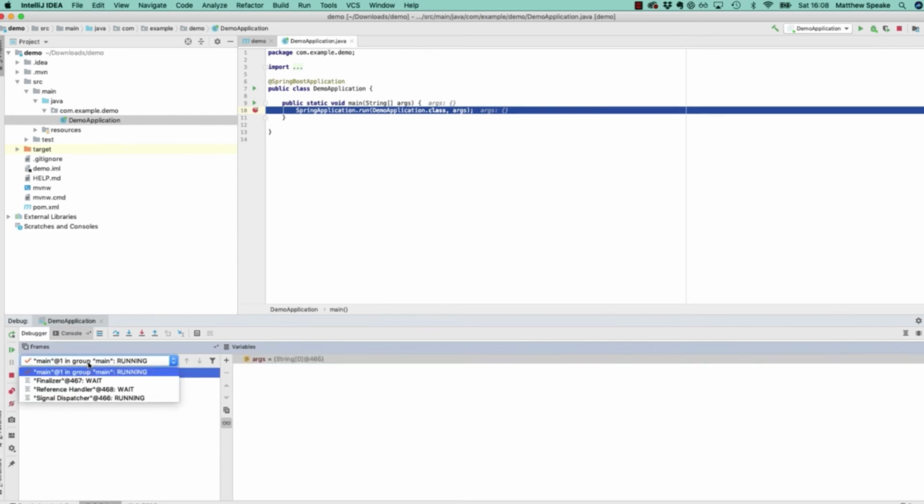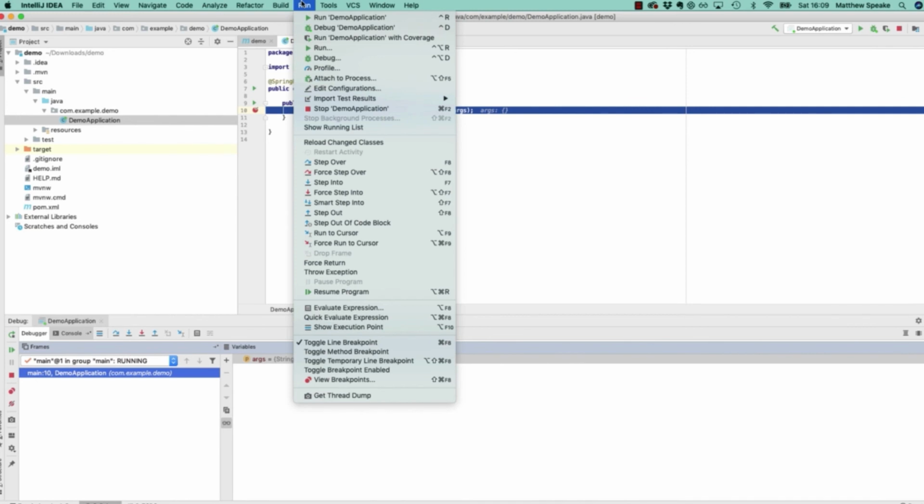And we can also see as well the threads used in the application. So here we've just effectively got one thread, which is of consequence to us, which is the main thread. So things you can do once you're at a breakpoint, you can either step into code. So for example, if I hit F7 to step into, you can also see these as well if you go into Run. You can see the various debug navigation shortcuts you can use here. So if I do step into with F7,